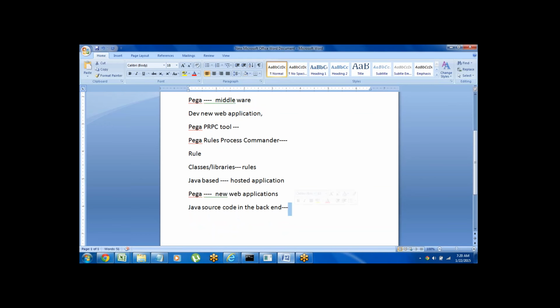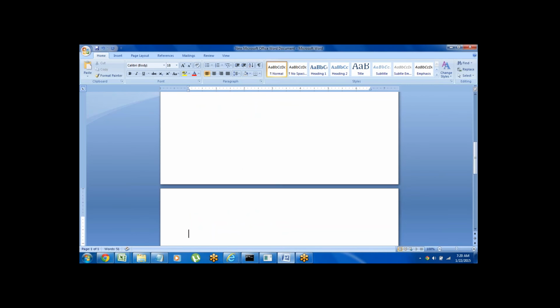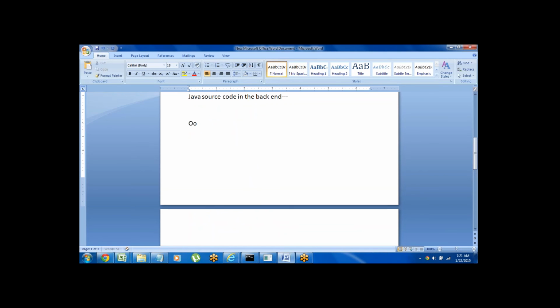I will tell you some differences between Java technology and Pega technology. In Java we call them object-oriented libraries; in Pega the term we use is object-oriented rules.